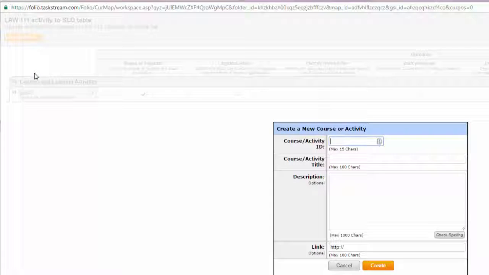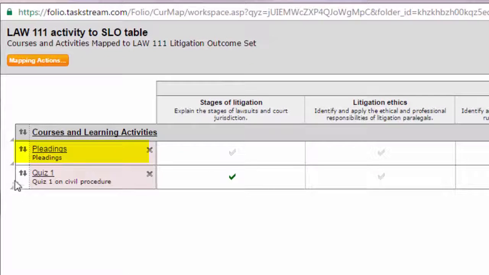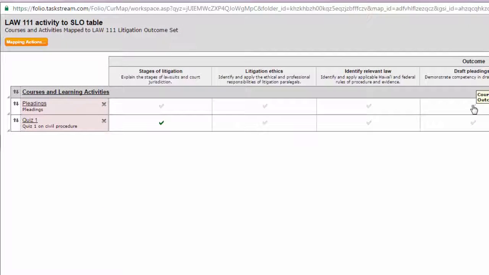I'm going to choose Create New Activity, and this time I'm going to add pleadings. I'm going to click Create, and you'll see that I have pleadings here, and the pleadings are going to be this checkbox, Draft Pleadings.